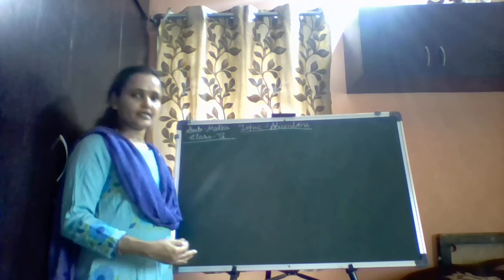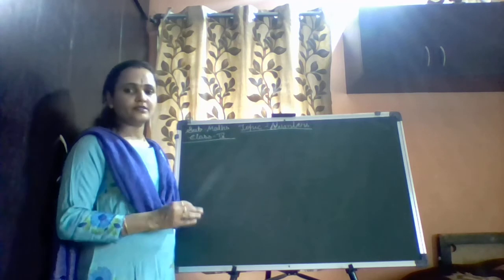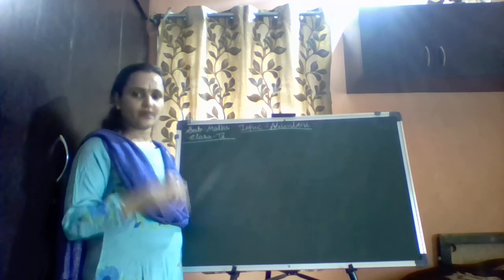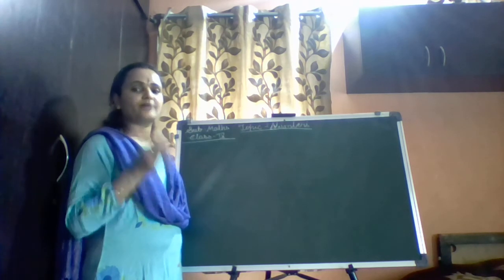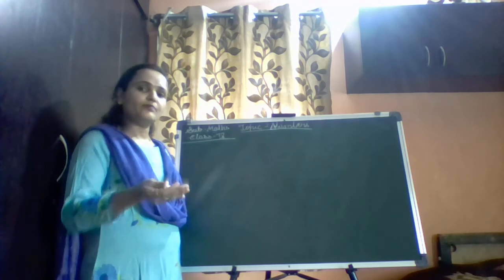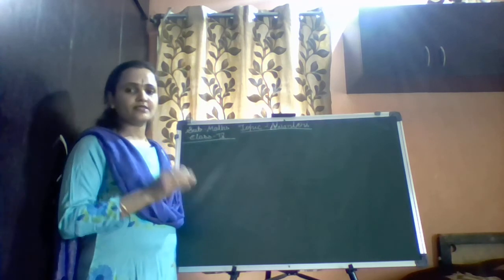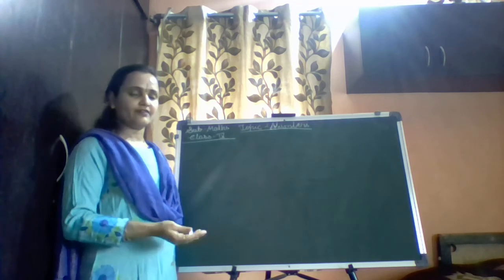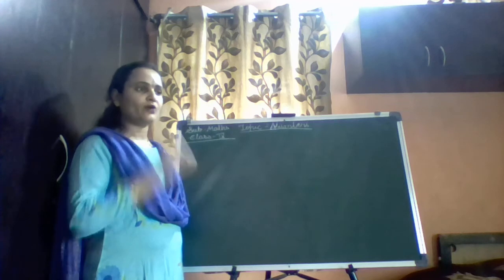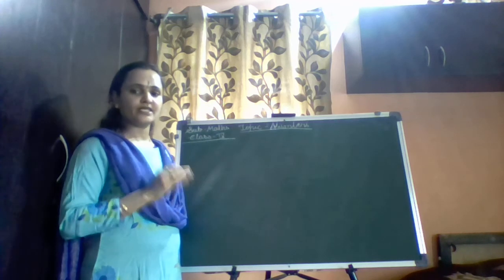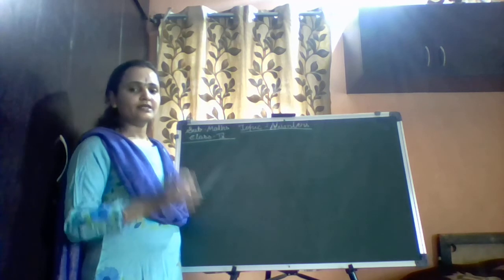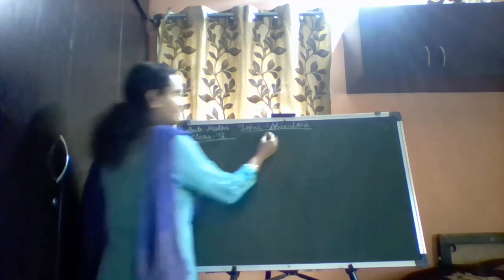As in yesterday's class, I taught you about the four-digit numbers and the place values: ones, tens, hundreds, and thousands. Then I taught you the preceding number and the succeeding number. Preceding numbers are those numbers which come before the given number. Succeeding numbers are those numbers which come after the given number. Then I showed you how to insert the comma, and how to write the number name for a four-digit number. So today we'll continue with the same chapter, the same exercise 1.1.